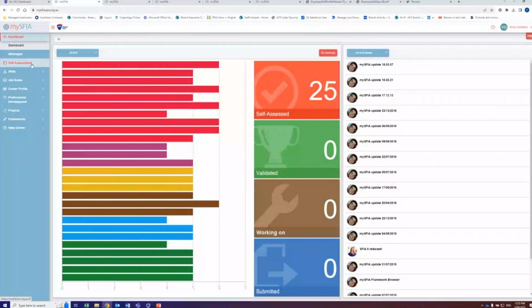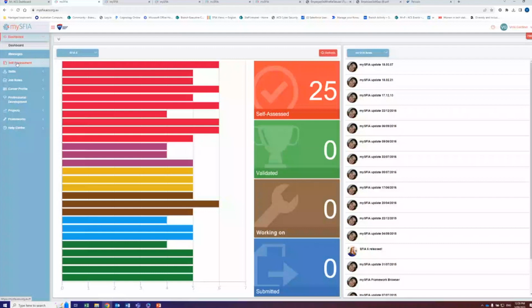To do a self-assessment, so just as a reminder, SFIA is a two-dimensional competency framework where one axis is the level of responsibility that you have in your role in the workplace, and then the other one is the list of competencies. There are 121 competencies across a number of different categories. So if we're going to do the self-assessment, you just simply go into the self-assessment part here and you go to skills survey, and it will take you to this page here.